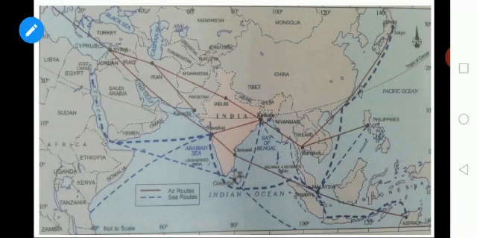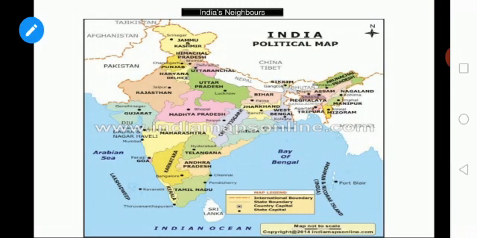Okay, dear. Next we are going to see India's neighbors. So you know the countries that share a boundary with us, the neighbor countries. India occupies an important strategic position in South Asia. India has 29 states and 7 union territories, isn't it? Do you know the recent division of the states? If you know that, make a note of it. In the next class I will be asking about that.